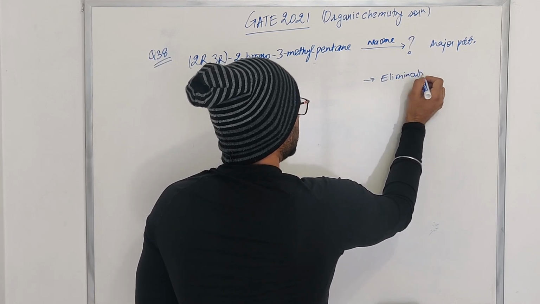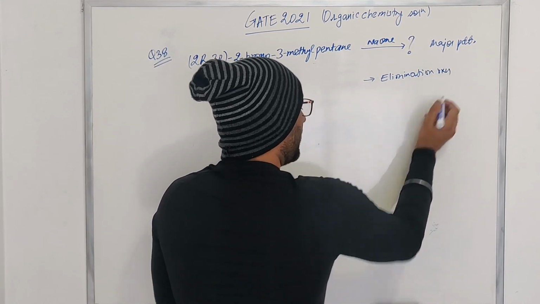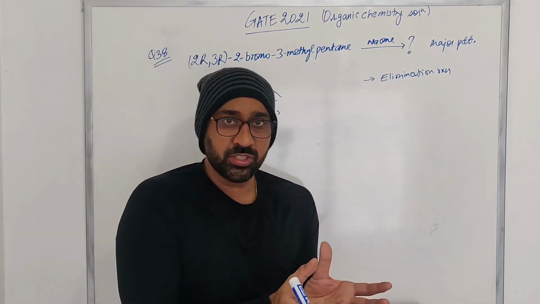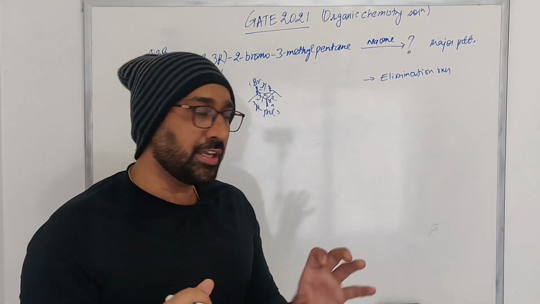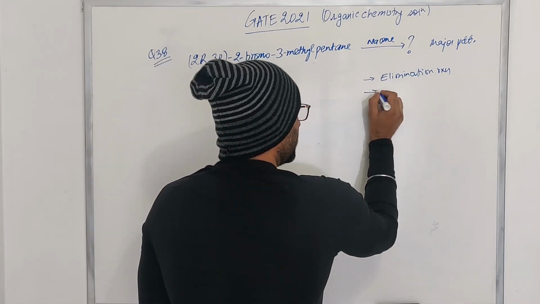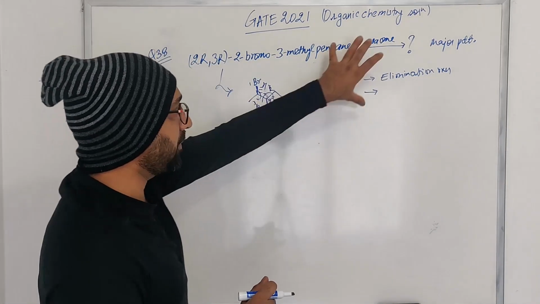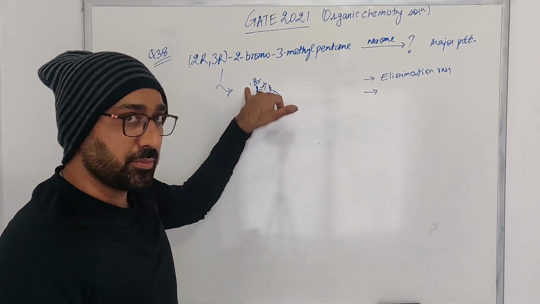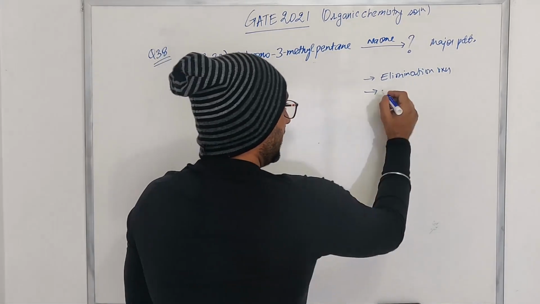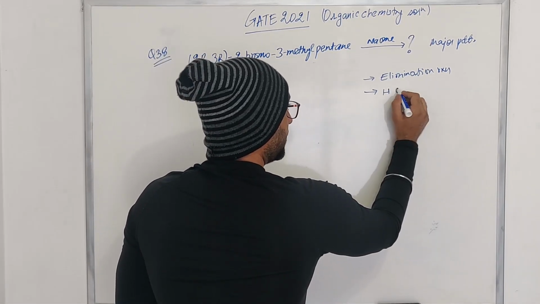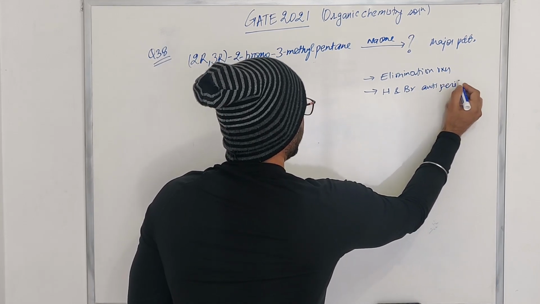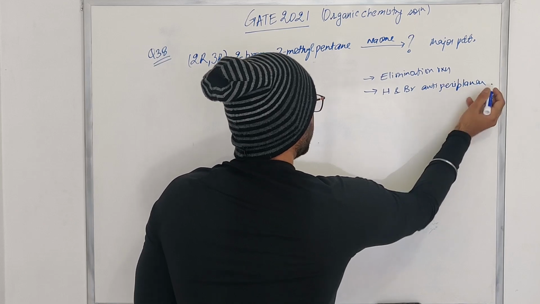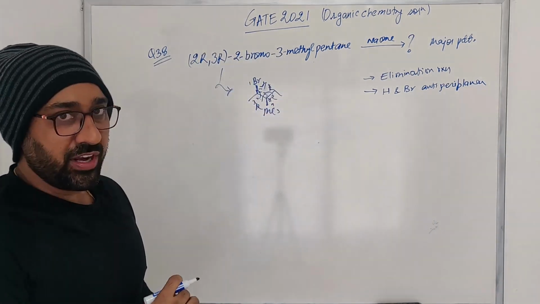Elimination reaction. So whatever options are given to us, if we see some elimination products among those options, those are going to be the correct option. Second, we know that for elimination to take place, here sodium methoxide is the base, and what you have is a bromo. So both the eliminating groups, that is hydrogen and bromine, must be anti-periplanar to each other. These are the two requirements for the elimination reaction.